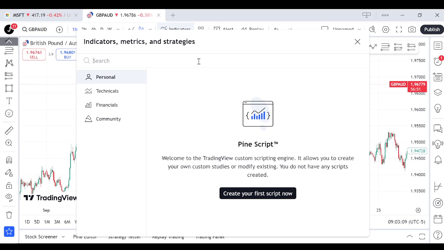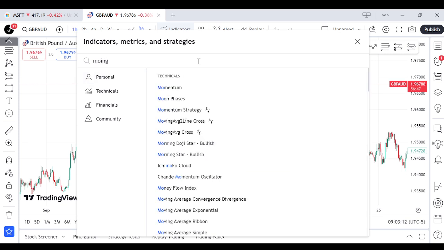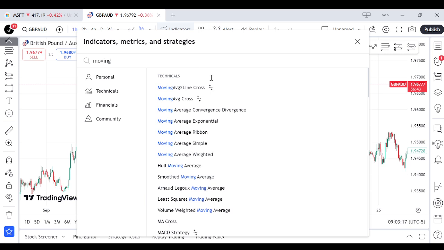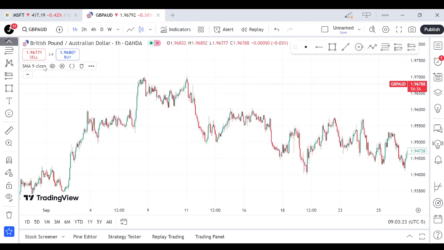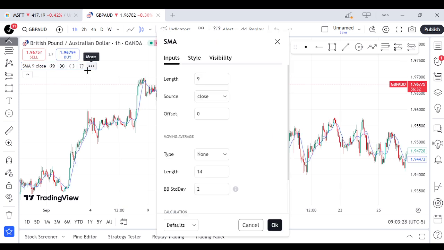I'm going to apply the moving average. I'm going to use the simple moving average. And like I said, we need a faster moving average and a slower moving average. For the slower moving average, I'm going to be using the 50-day moving average, and